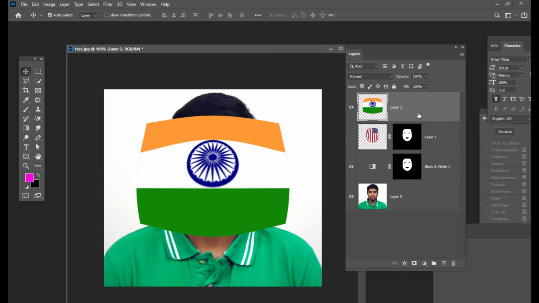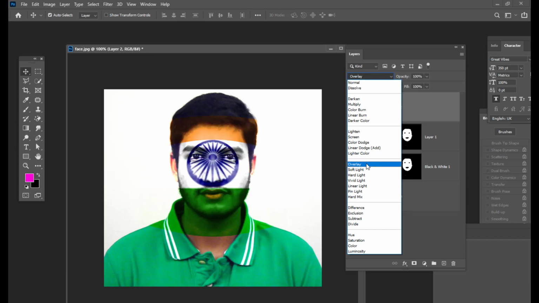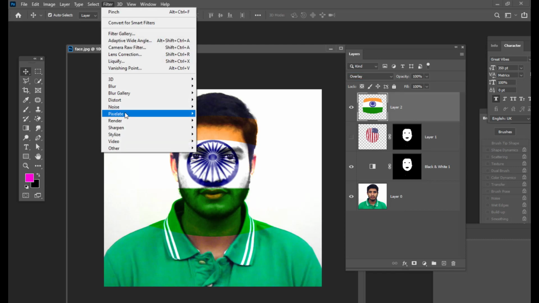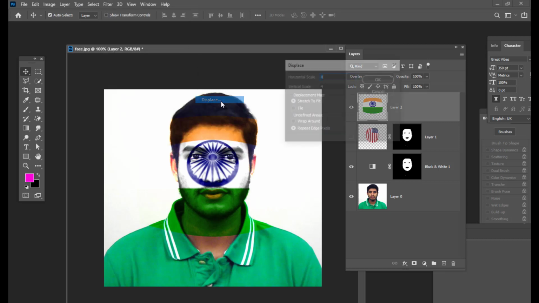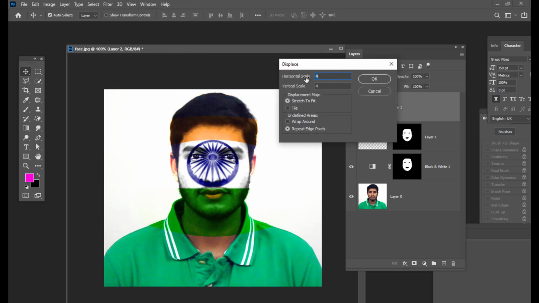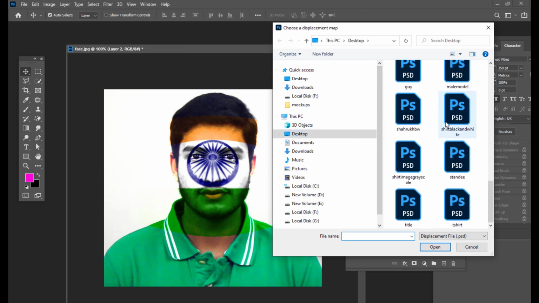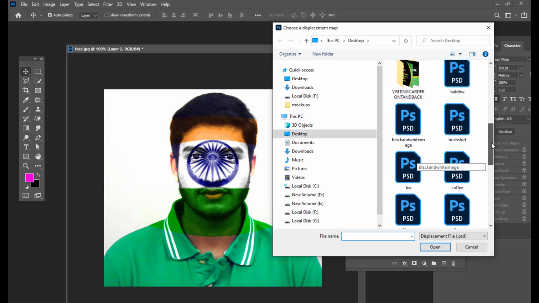And then we can simply use a blending mode. We will use overlay here, and we'll also apply a displace filter. We'll select displace, and okay, 4 is okay, and then we will select the same file,